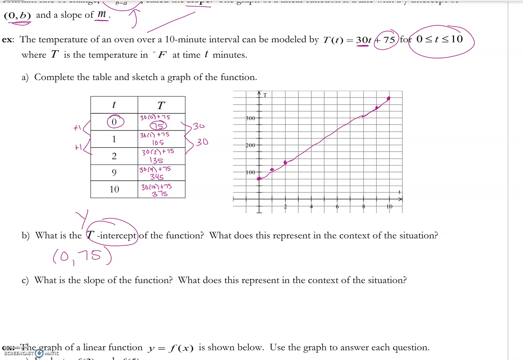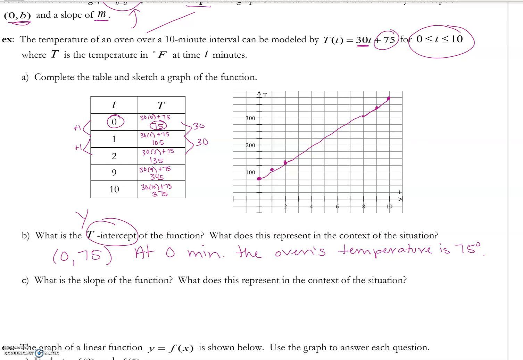We can see that both on our table and our graph, which means at 0 minutes, the oven's temperature is 75 degrees. What is the slope of this function and what does it represent in the context of the